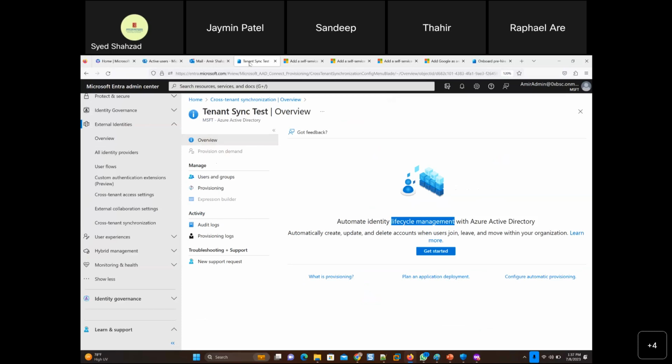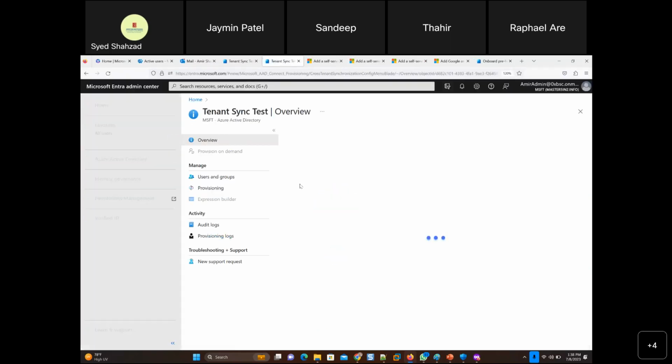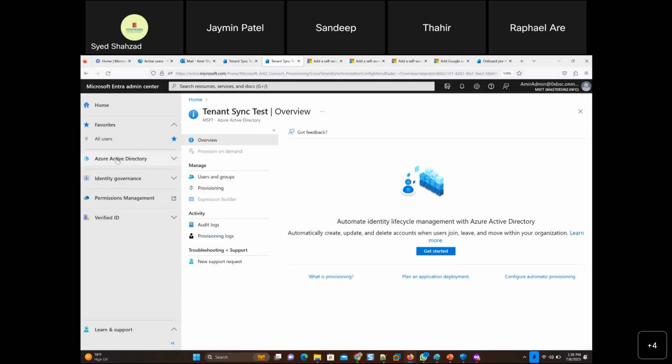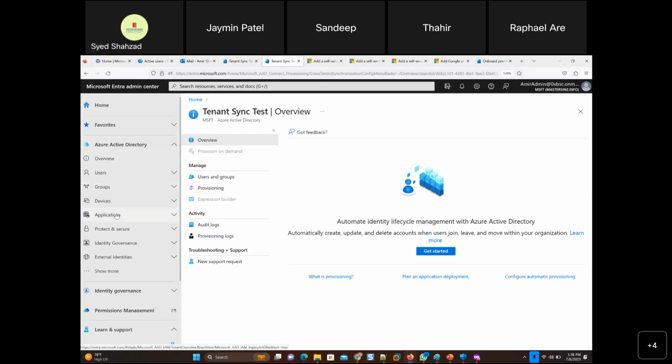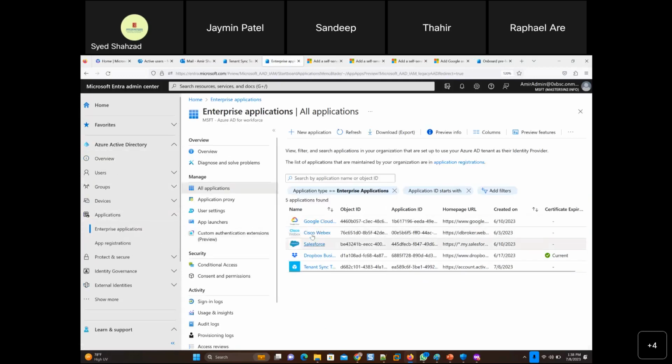So what is a service principal? Let me just give you an idea about that. When we are creating service principals, it is where applications need authentication to do something. So there's an application here. There are applications here, and maybe for some automated task, they need to get authorization or authentication from Active Directory, and then they can do that task.